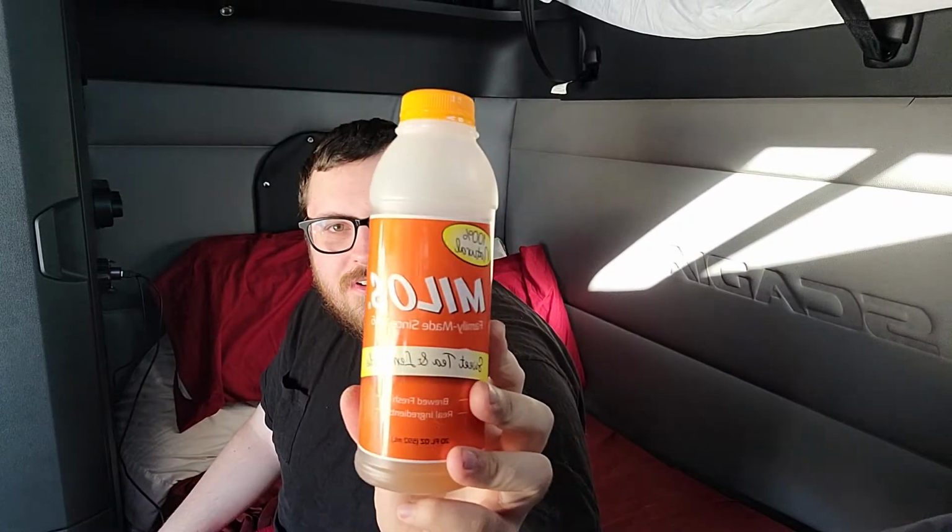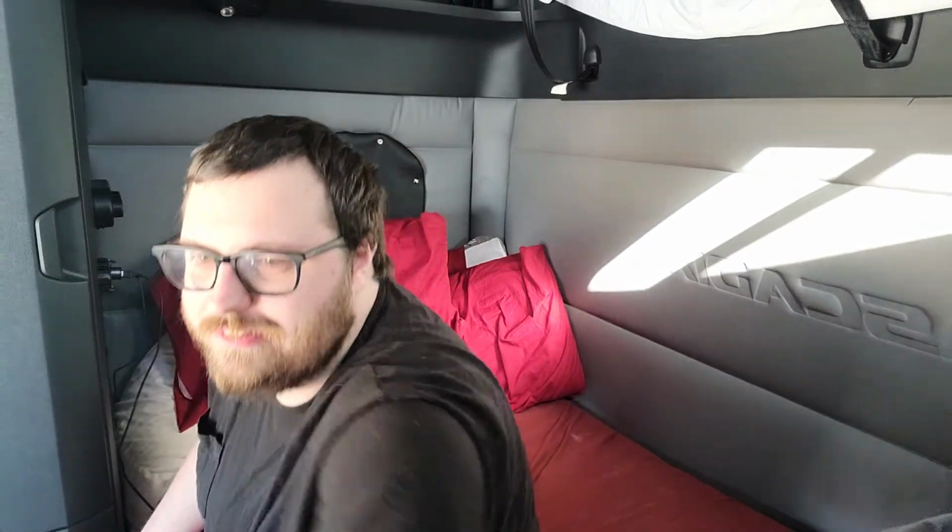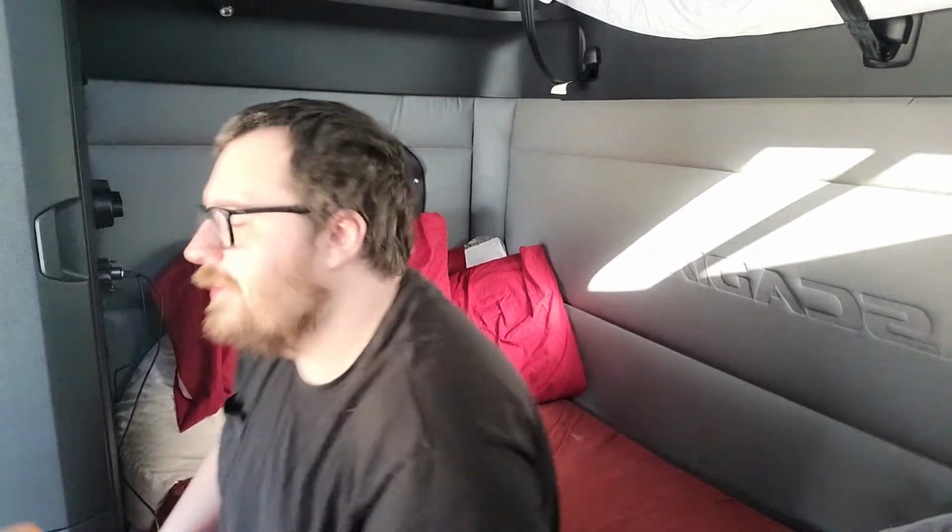I'm trying some Milo's iced sweet tea mixed with some lemonade. It's delicious. I went to Walmart and got that. It's great if you're in the area. You should try it. If you're into sweet tea and lemonade, I think it's better than the Arnold Palmer Arizonas. They're too lemony for me. This is a little more on the tea side. Anyways,